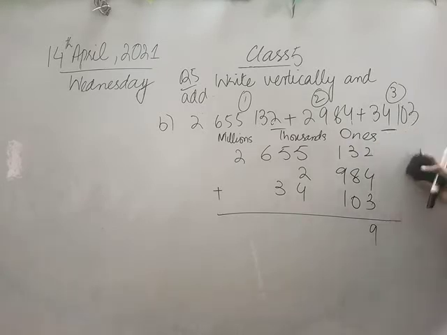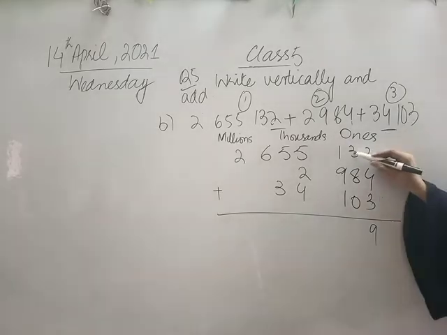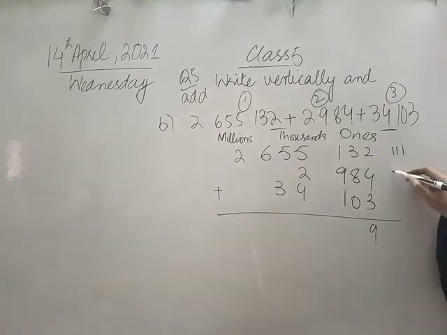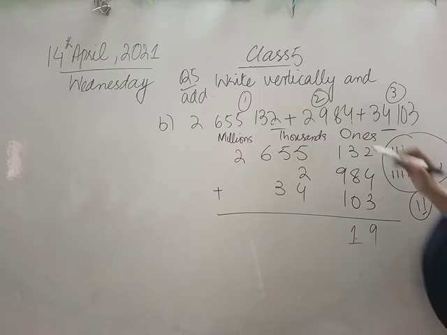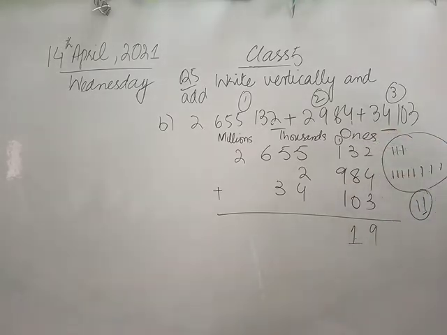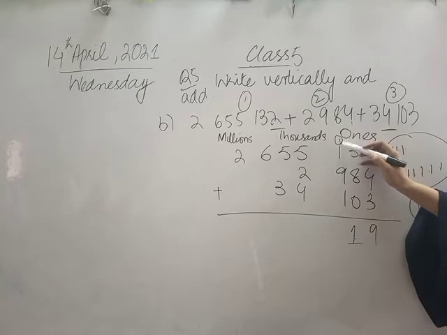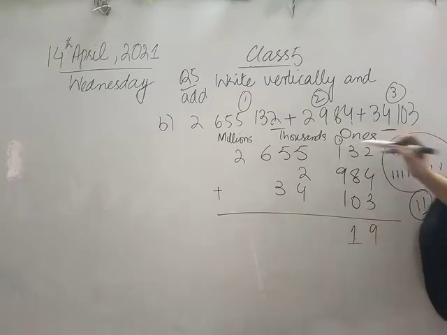Now the next is 3, 4 upper, 8, 4 middle, and nothing for lower. So in total I have 11. I have a 2-digit number. So as I told you class, when we have a 2-digit number, we just consider the unit place and we write below 0, and the tens value, which is 1, we have to write on the next number, which is 1.